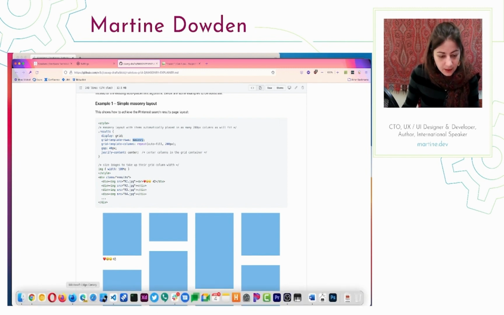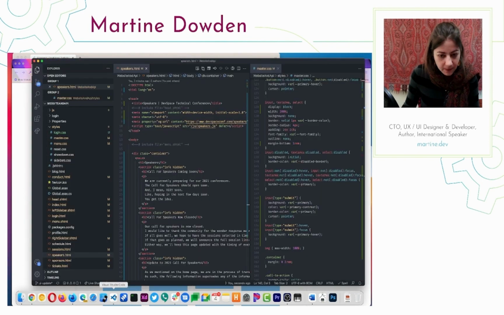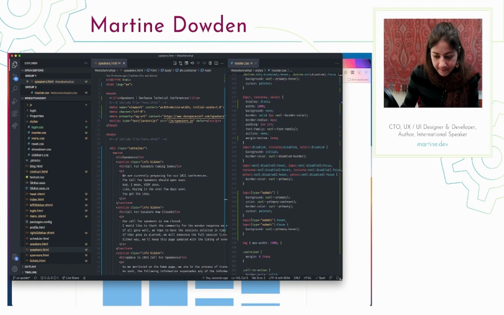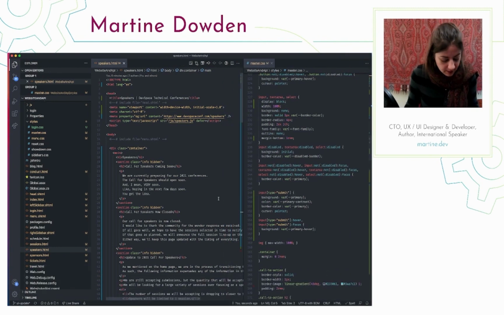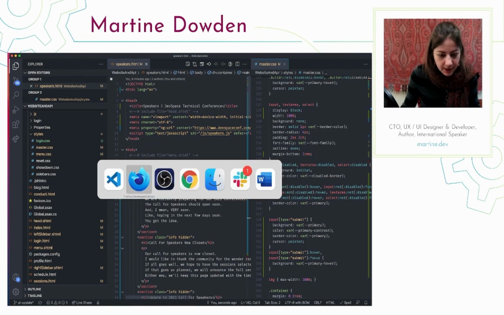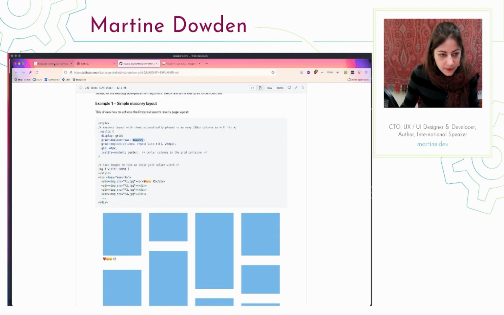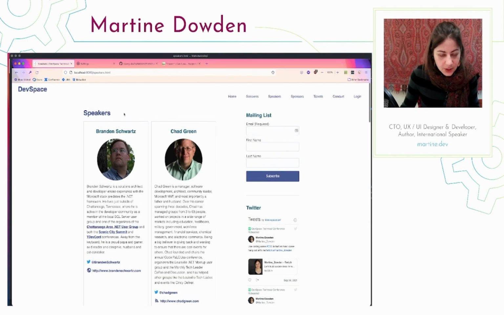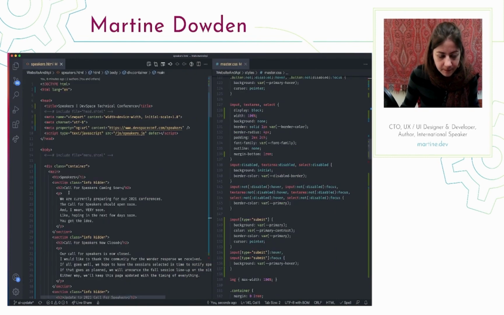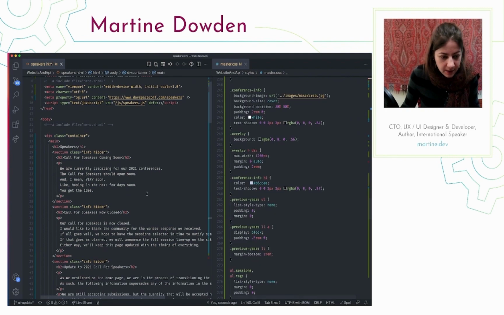So in our code, let me go find our code. I'll make that a little bit bigger, make it a little bit more readable. There we go. So we're in our speakers, right? Because we're looking at our speaker page. So if I go back to here, we're looking at our speaker page. If we look at our HTML, and we have our CSS for it, let's go find our